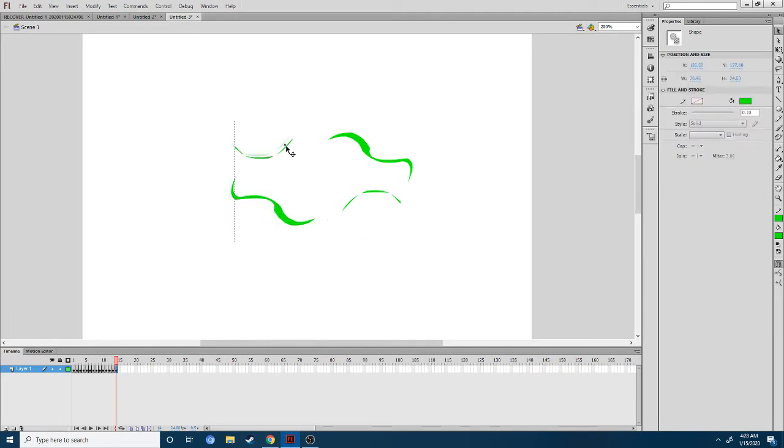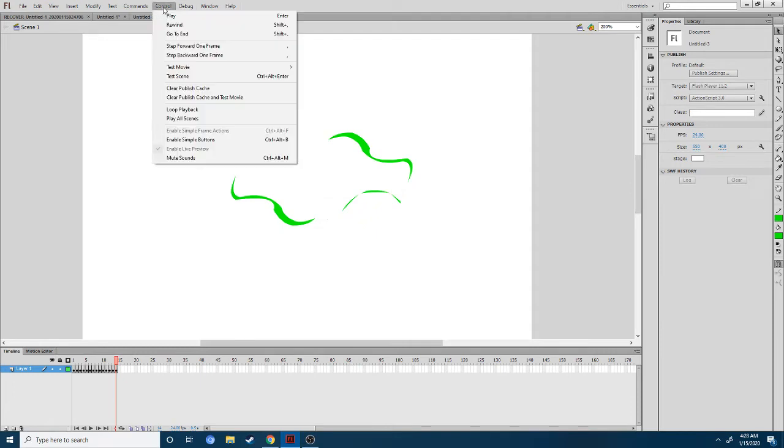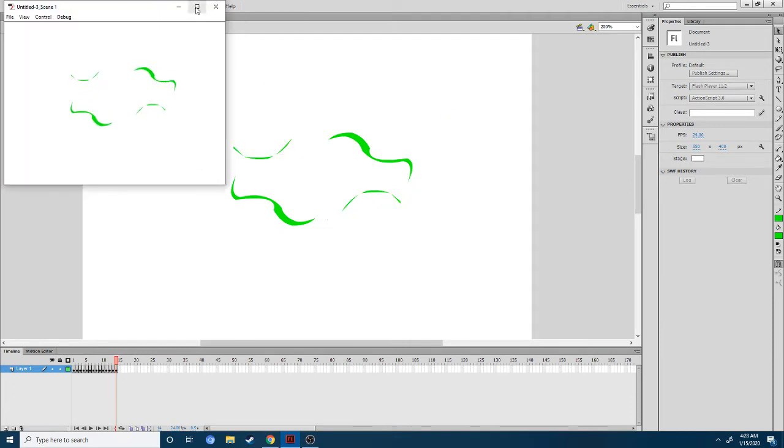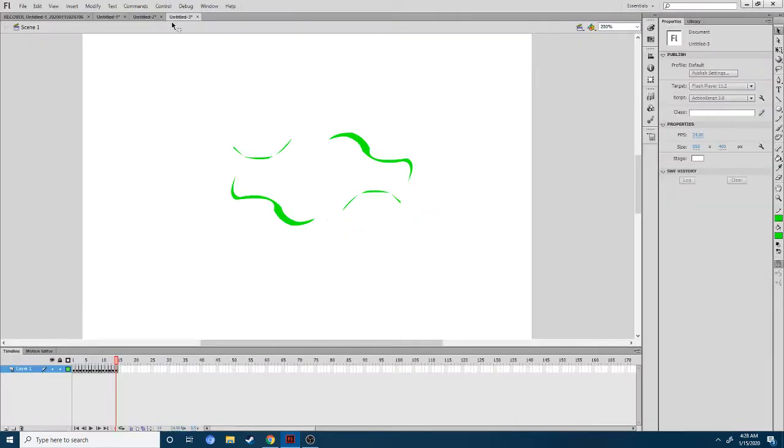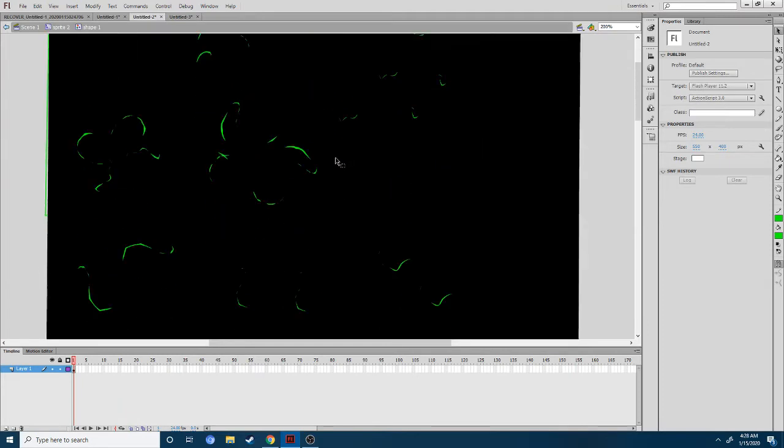And alright, so that's what it looks like. So let me do control test scene. This is what it's going to look like in game, kind of like something munching together, but that's basically how you animate. It's super easy, but if you want to do a lightning type of animation, this